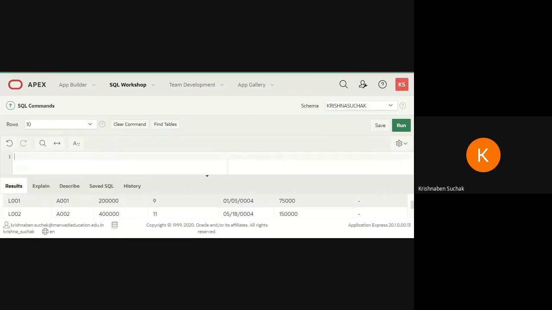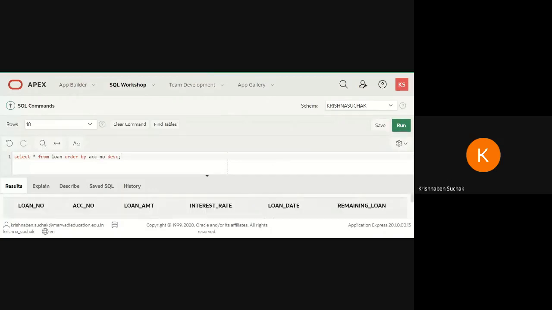Next one is display the record of table loan by account number wise in descending order. So what I am writing here, select star from loan order by account number. Okay. Why? Because we want to display that in account number. Select star from loan order by account number. This we want to display in descending order. So which keyword do I use? I need to write here DESC, in descending order, right? Now you can see here it is.